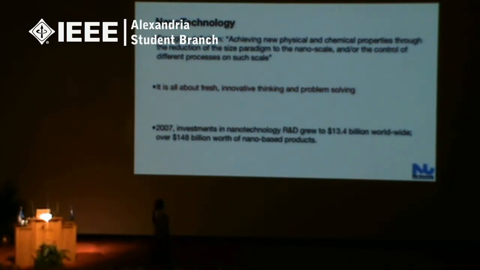Again, in 2009, the entire income of all of Egypt from all of tourism business was $10.4 billion. In 2007, the market size for nanotechnology was $148 billion. So that's almost 14 times more than what a country actually got in terms of money. So the market is here, it's not science fiction, it is happening.